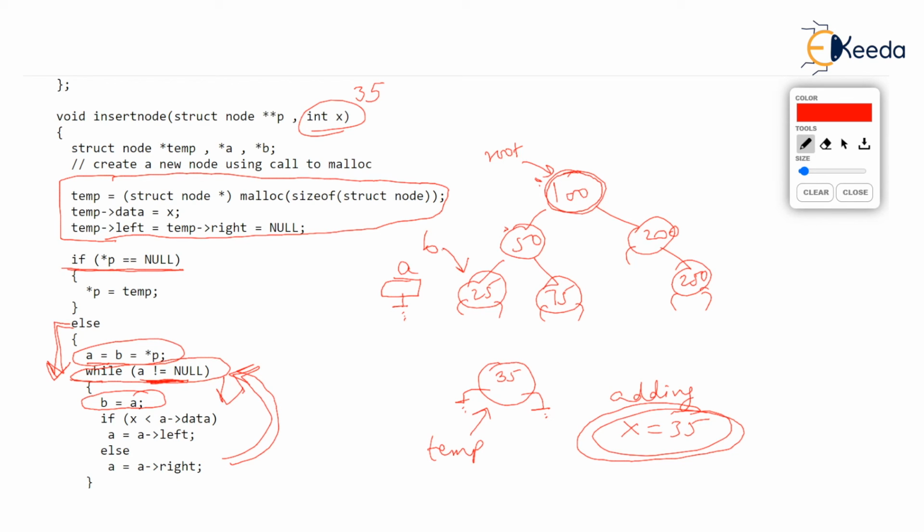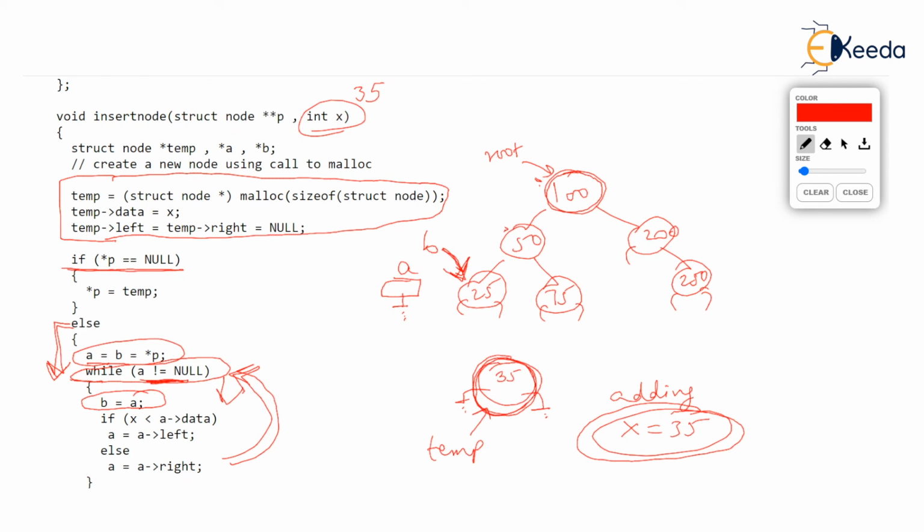And really you will agree, parent of 35 must be 25 because 35 should be added to the right of 25, isn't it? So b points to the node which should be parent of the new node. But we are still confused. We don't know whether this new node 35 should be added to the left of b or to the right of b. That has to be discovered.